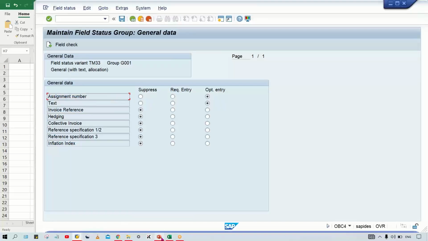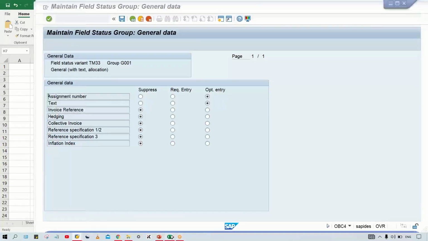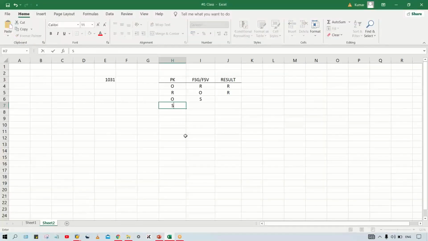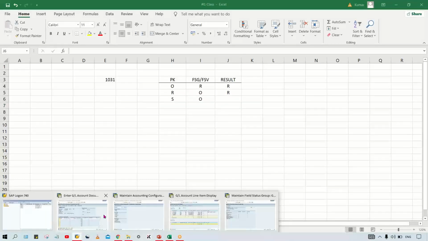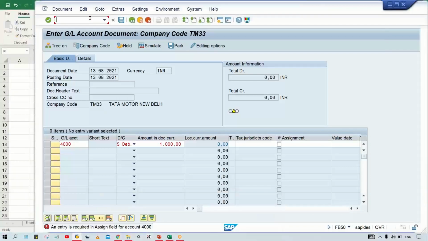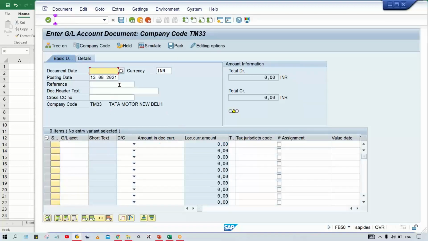In posting key, suppressed, here it is optional. What is the result? So guys, here generally what is happening,